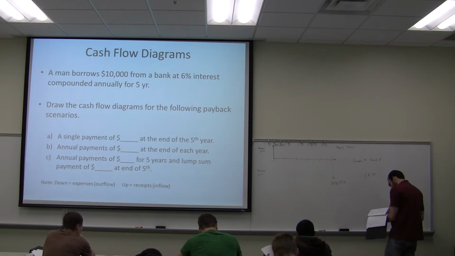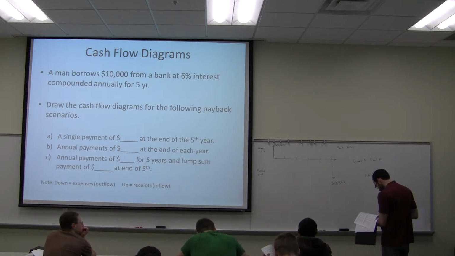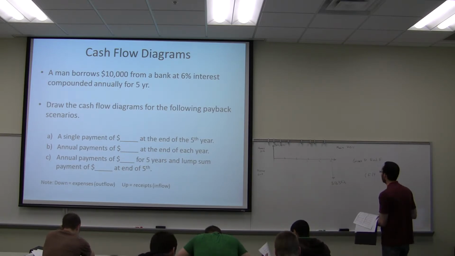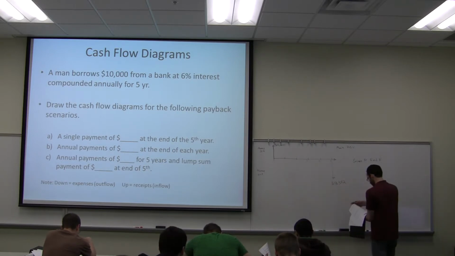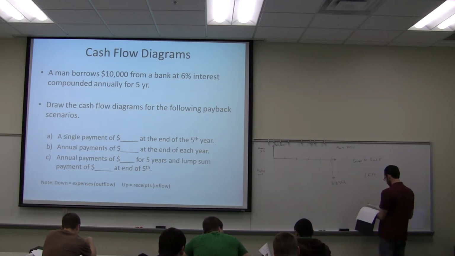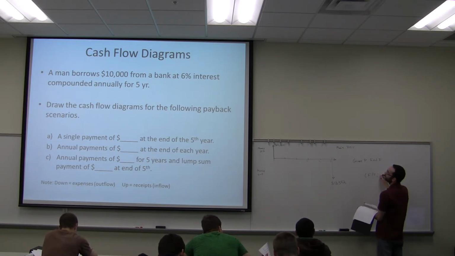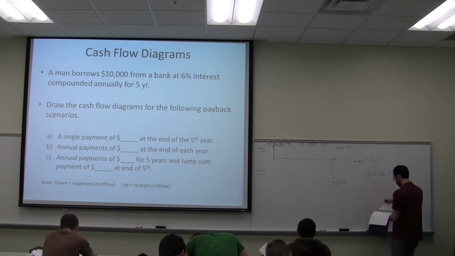If you look at the F to P column for 5 years at 6%, what do you see? What factor is listed there? It's F to P at 6% interest, n equals 5. The factor is